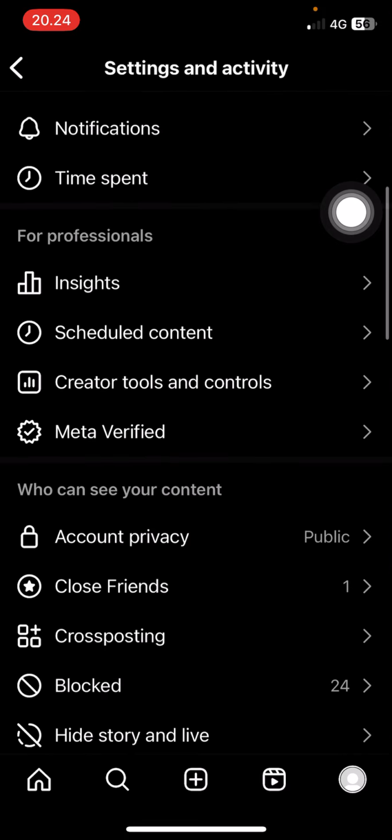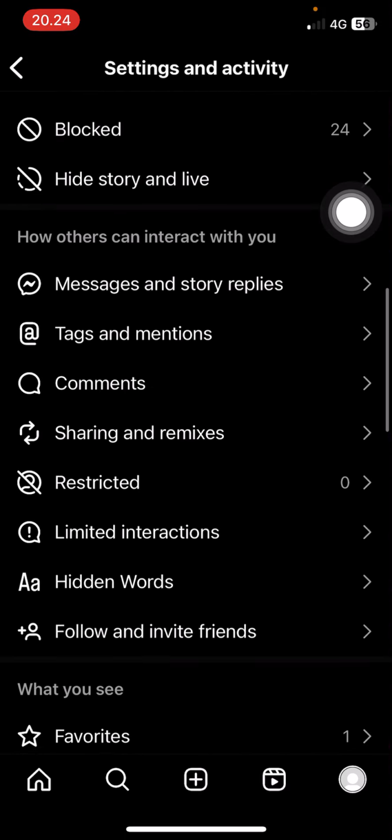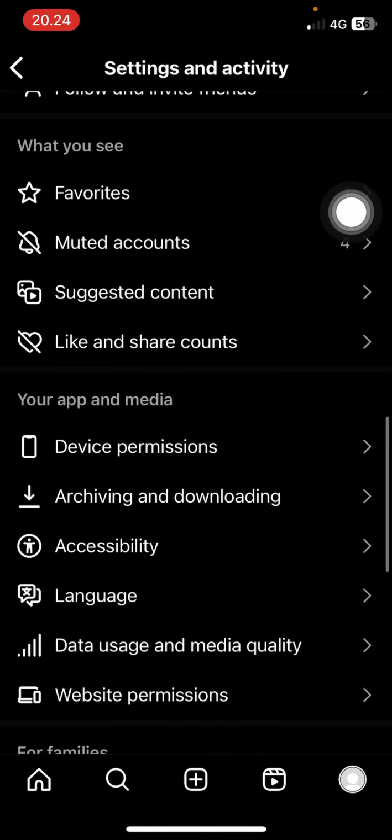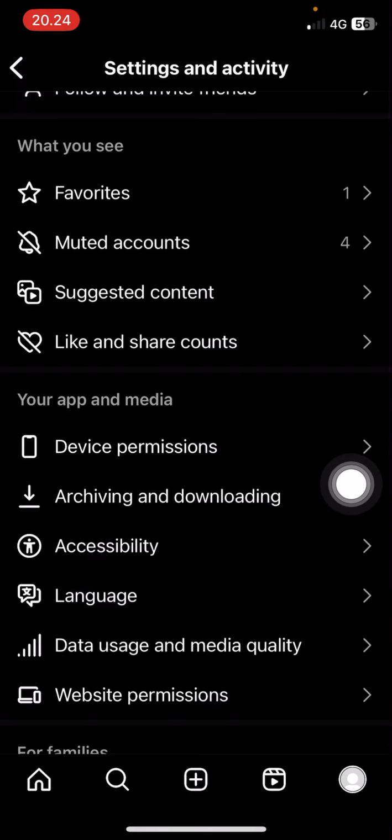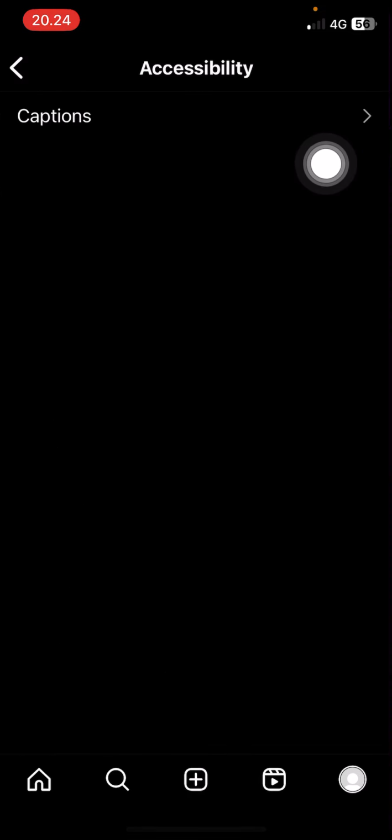scroll until you find the accessibility. I'm not sure if it's here. Okay, it is under your app and media. Then there's an accessibility tab. You're going to select that. Then you're going to hit the captions button and you're going to enable